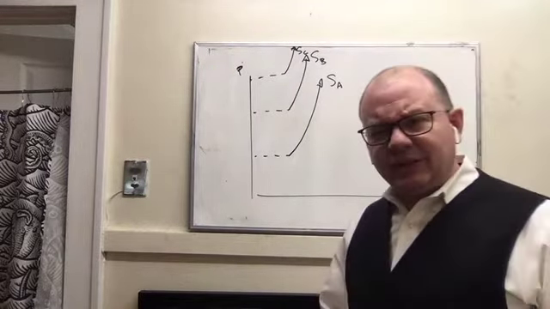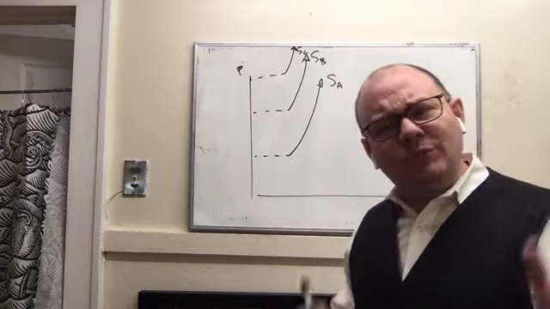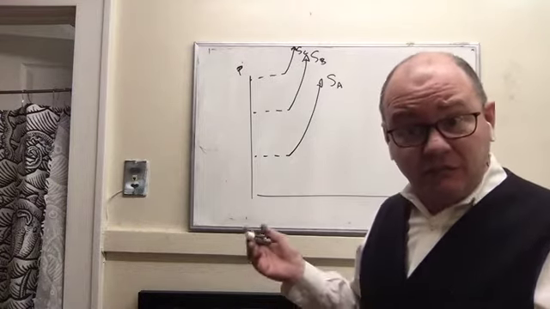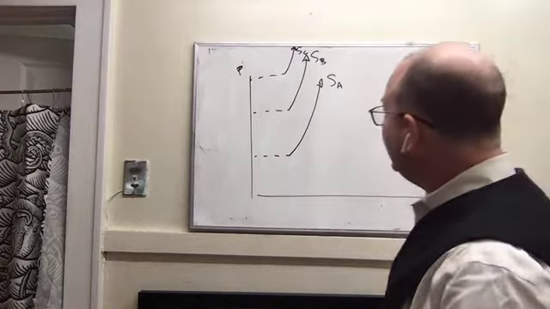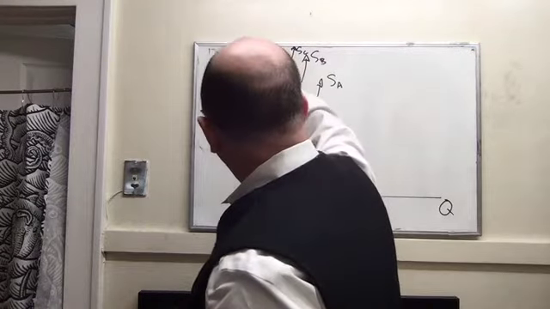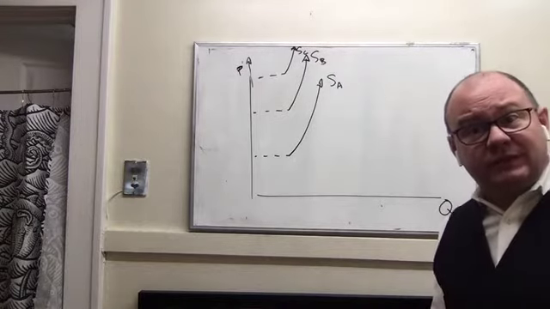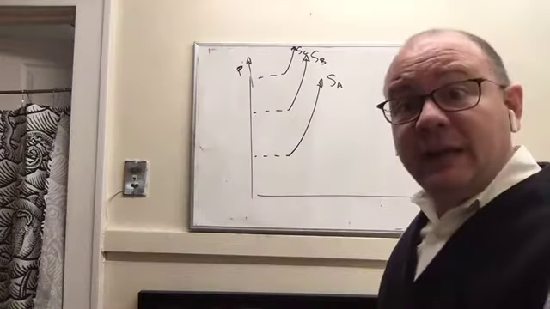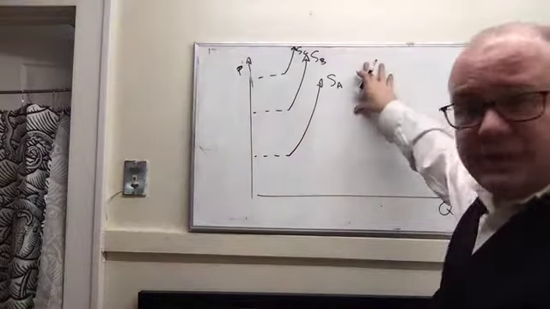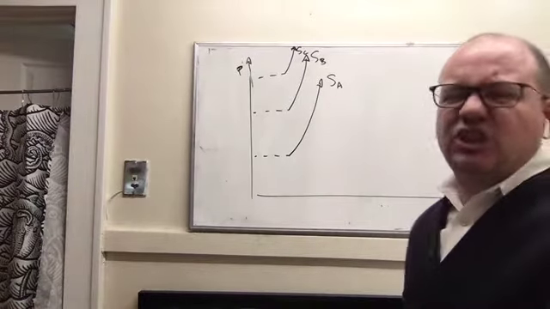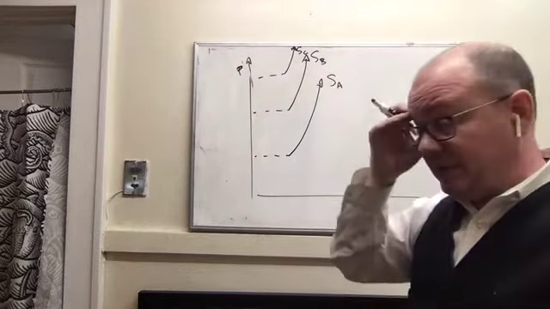So I can hear you all sitting at home just yelling at me, but all firms don't have the same cost function, right? That's what you've been saying in your head, or yelling out loud at me, throwing things at the screen, saying not all companies are the same. Maybe some firms have relatively low costs and others have higher costs. So let's just take three types of companies. Let's take just three companies, type A, type B, and type C.